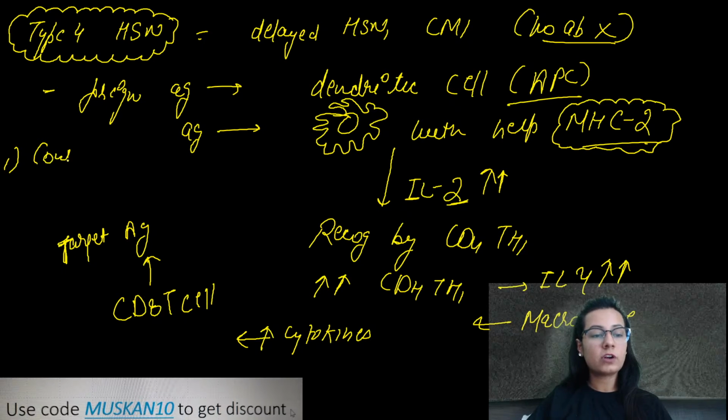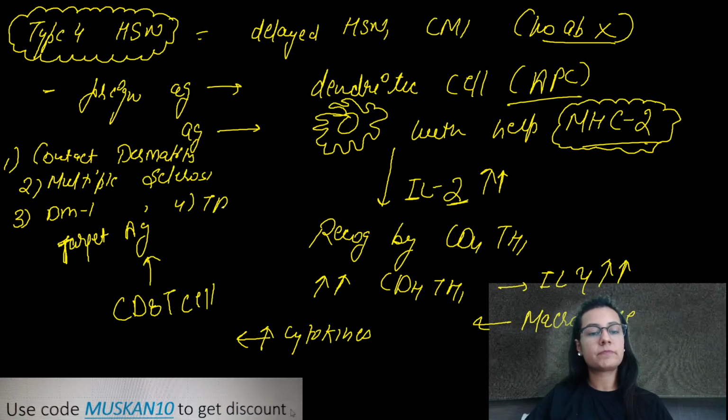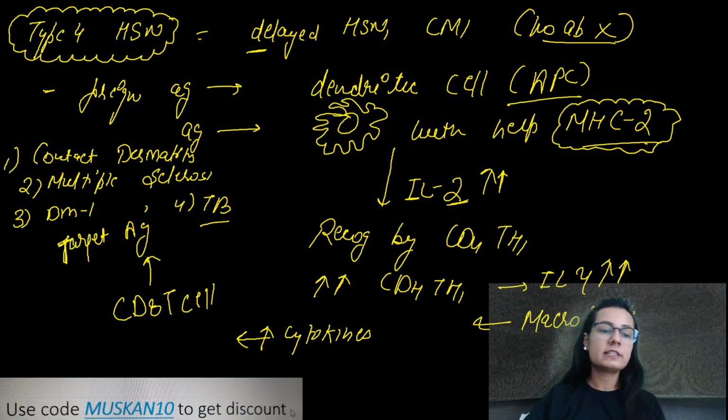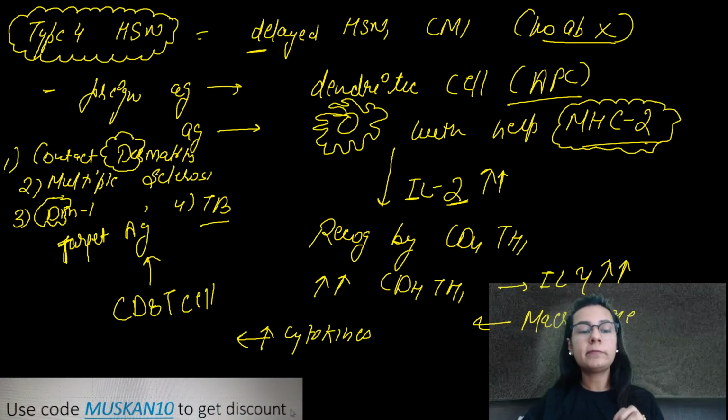One is the contact dermatitis. Another is the multiple sclerosis, diabetes mellitus 1, and TB. Okay. Now, type 4 hypersensitivity is delayed, that is D से T we can remember, that is the contact dermatitis and diabetes mellitus 1. इसके अलावा multiple sclerosis and the TB, we can remember that we are talking about the